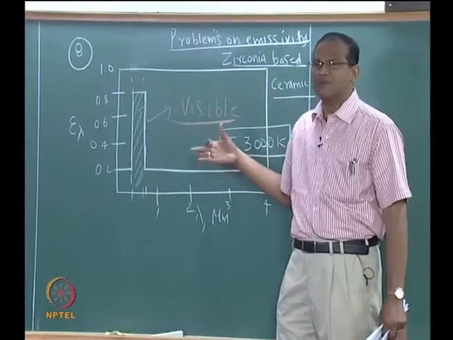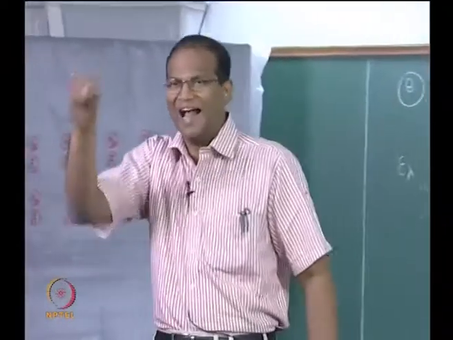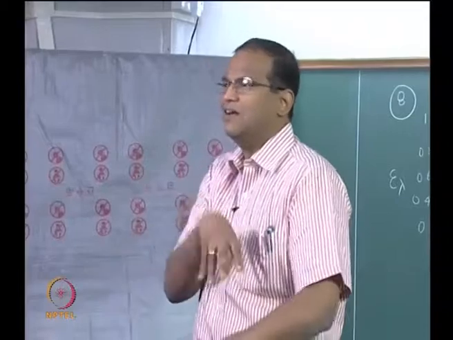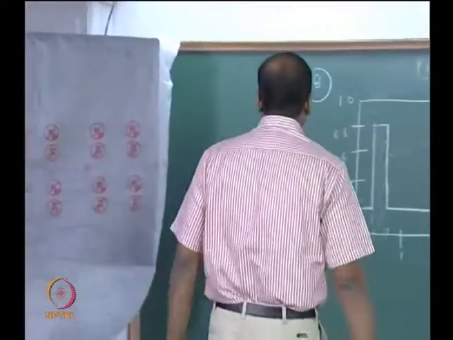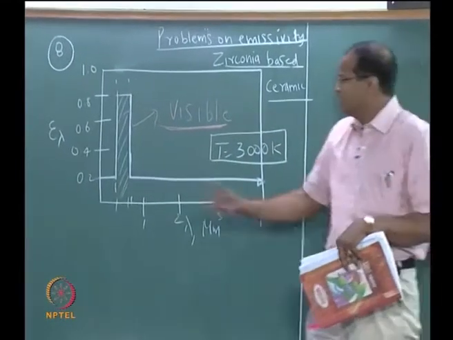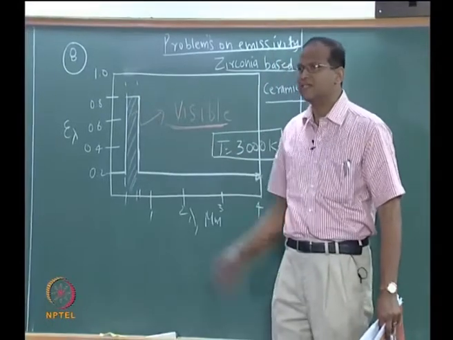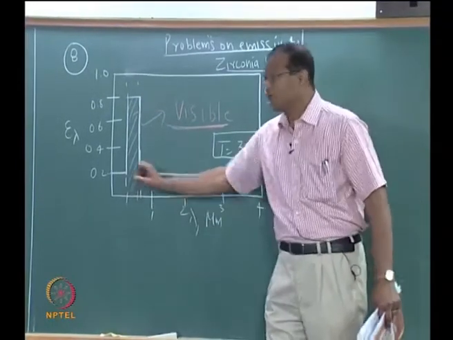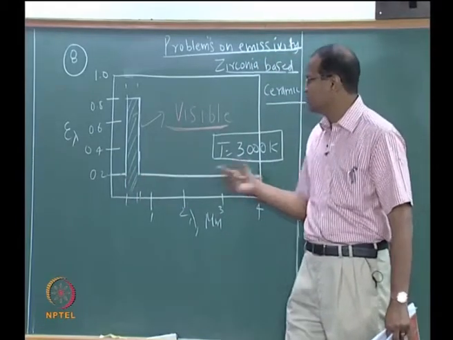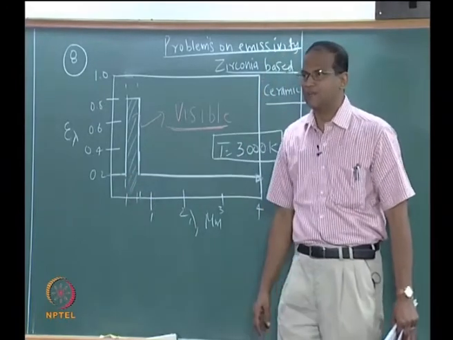Okay. How do we do these experiments, and some basic ideas will be clear from problem number 9, which we will solve after solving this problem 8. You just need a detector and calibrate it, and then you can get emissivity. Now epsilon lambda versus lambda is like this for the zirconia based ceramic. For the visible part of the spectrum, it has got a high epsilon lambda which is 0.8. For the remainder of the spectrum, that is less than 0.4 and greater than 0.7, it continues to be 0.2. It is showing a spike in the visible part of the spectrum.